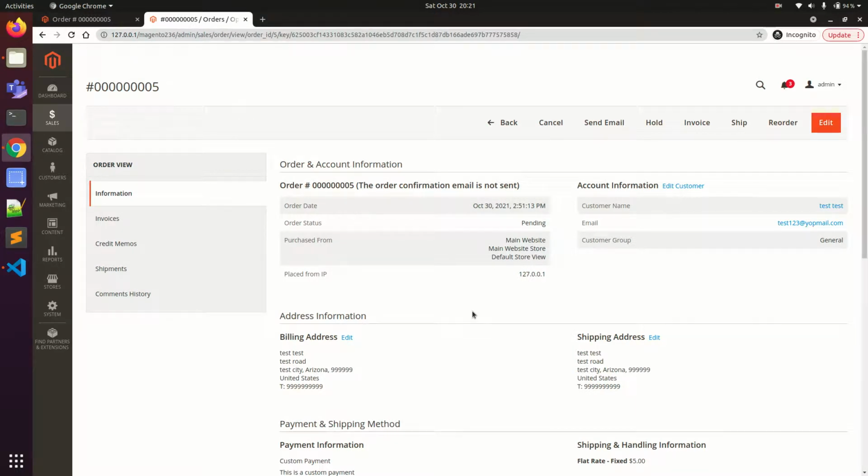So I've just given you the demo of the custom payment mode. Now let's see how we have created this particular payment module. And guys, after the video, I'll upload this code to GitHub, and I'll give that link in the pinned comment, so that you can see the code and do the modifications.